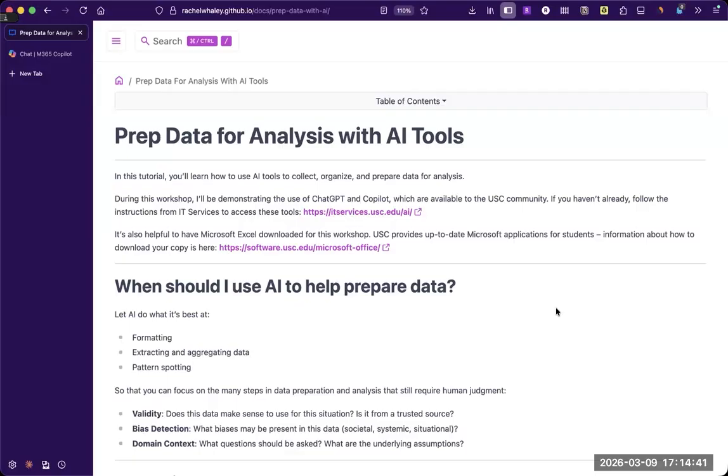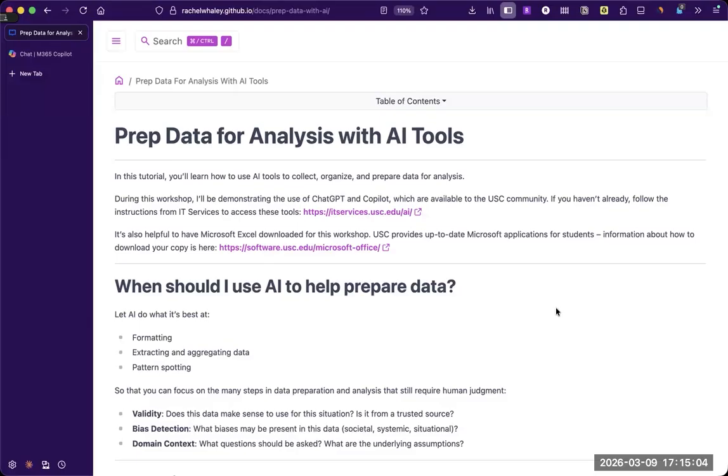Okay, so you can use AI for a variety of things. Y'all may be AI experts in other areas, right? Some people are really good at making AI pictures and whatever they want. We're going to be very focused specifically on AI tools related to data, and specifically preparing data for analysis. Preparing data for analysis, meaning